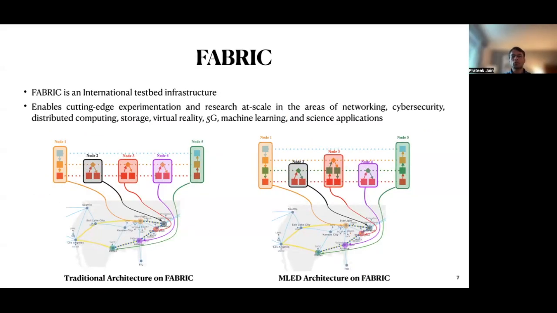For experiments, we run both the traditional and the MLET setup on FABRIC testbeds such that each node is mapped to one FABRIC VM following the path from Chicago, which is the source, to New York, Washington, D.C., and Atlanta, which are the intermediate nodes, to Dallas, which will be the destination in our case.